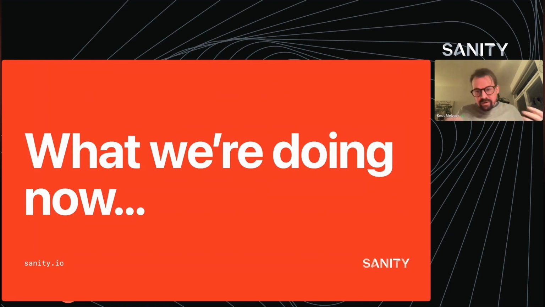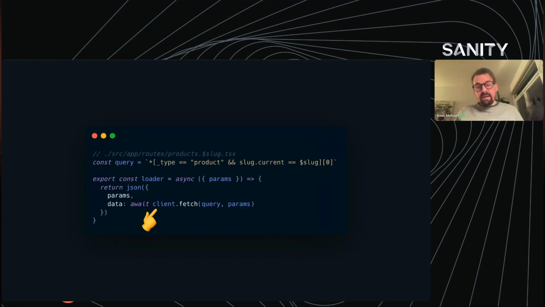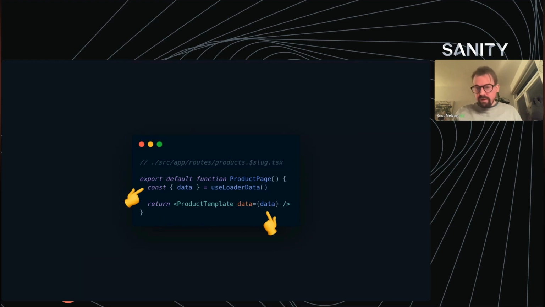So if you have ever built with Sanity, you're pretty used to this code path where you set up a client, giving it its project ID and dataset to know which content lake to get that content from, and maybe you put on the caching. And it's not here, but recently there's also perspectives, like should I only get the published content or should I get the newest content possible, including drafts? And then you take this client and import it into your route, for example, and you call client.fetch, and then you give it its GROQ query. And that's kind of it. You get the data back and you can pass this data or content to your front-end template, whatever it is. Pretty simple, straightforward,